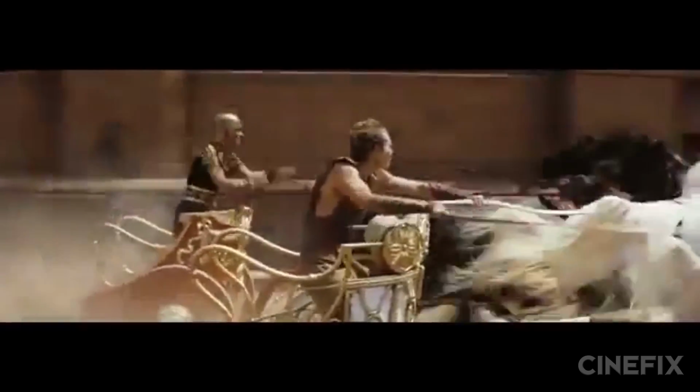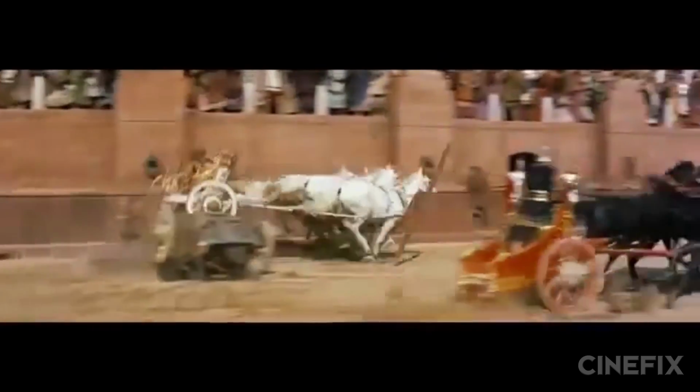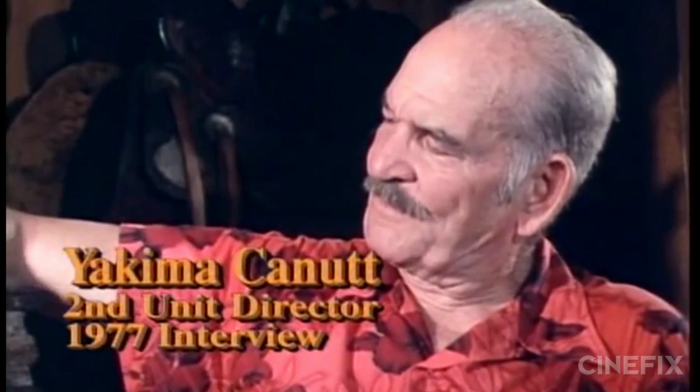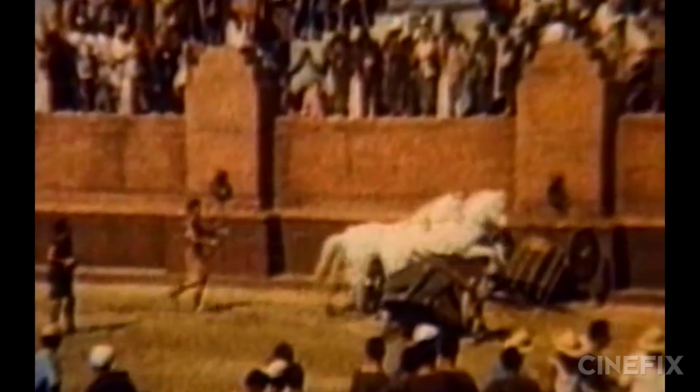What's even more astounding is that, with only one exception, Charlton Heston and Stephen Boyd drove their own chariots in every shot. The one occasion Charlton Heston used a stunt double was for the 100% real chariot jump. Now, the stunts were co-directed by legendary coordinator Yakima Canutt, who used his son Joe to double Heston for the